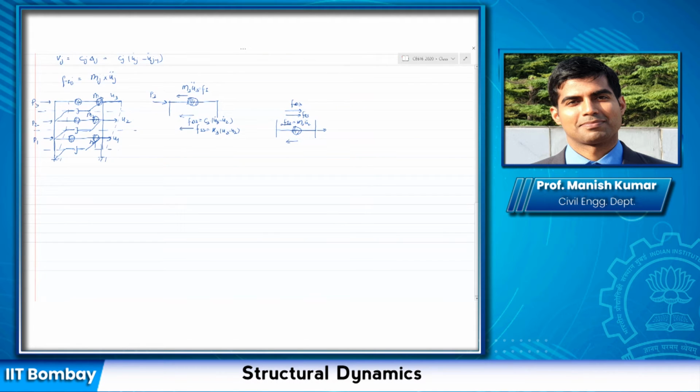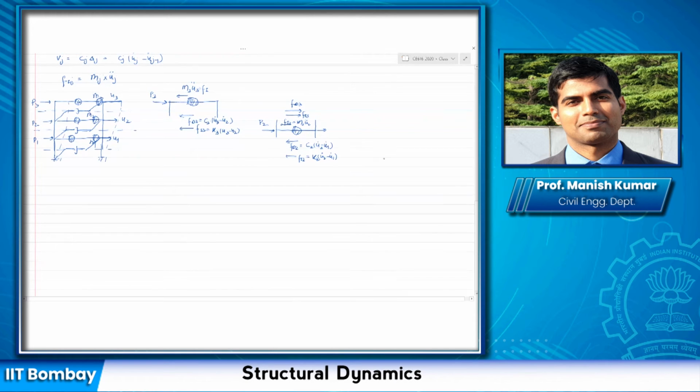And below I would have, due to the relative deformation of the second story, Fs2, or let us write first Fd2, which would be C2 times the relative velocity, which now would be (U2 minus U1) dot, and then Fs2, which would be K2 times (U2 minus U1). So this is the free body diagram for the second story, and I've written down all the forces. There is also force P2 here, which is the applied force. Now let us go to the first story and see what happens.